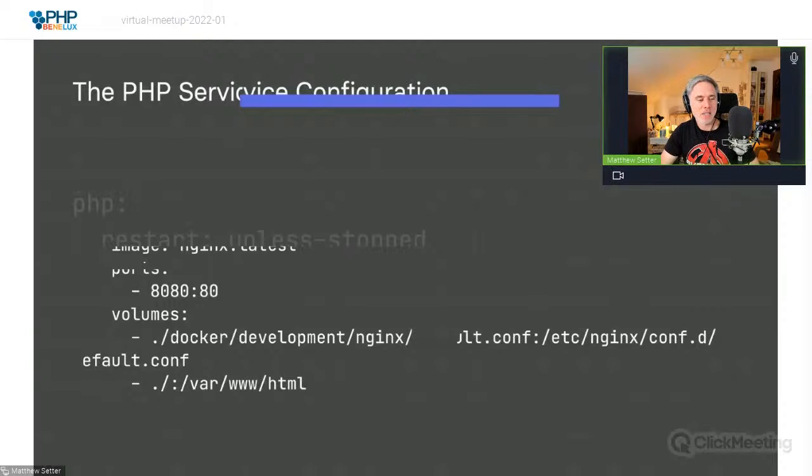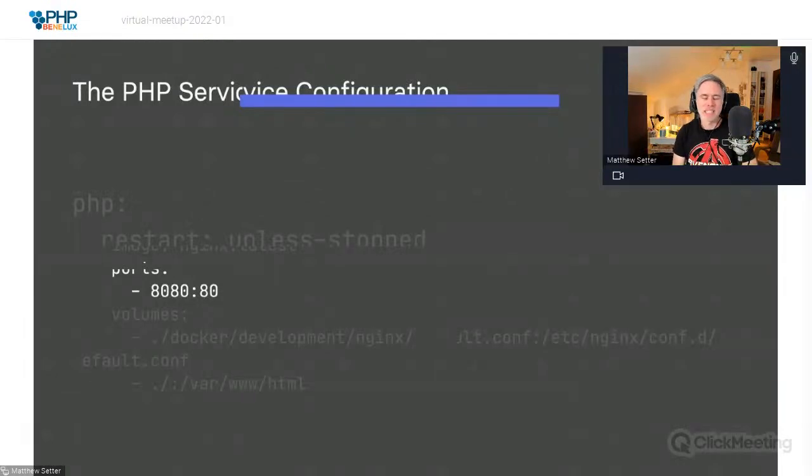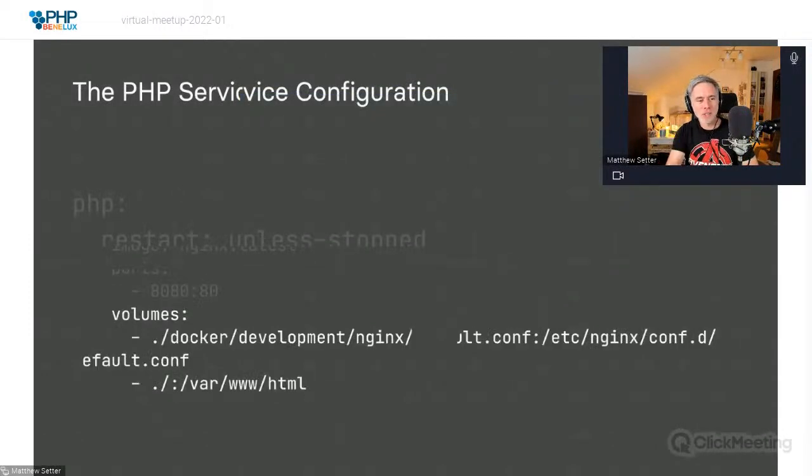So starting off again with the Nginx image, it adds that it uses the image option to tell it the base image to use, specifically the latest version of the official Docker Hub Nginx image. It uses the ports option to map port 80 in this service to port 8080 on the host machine, which is just my standard default, and I've noticed that it just seems to be that, or port 8000 is the de facto development port to use. And then the volumes option,